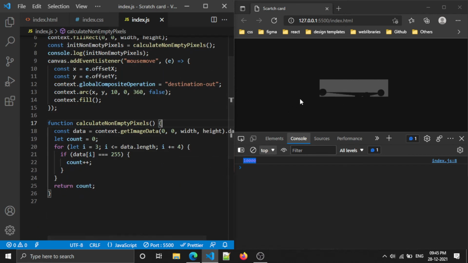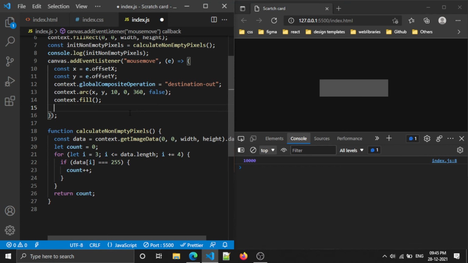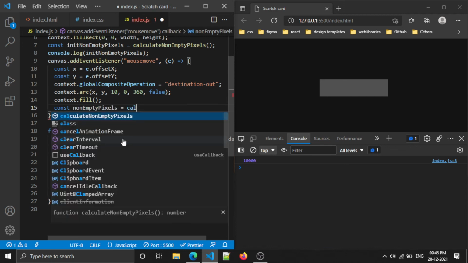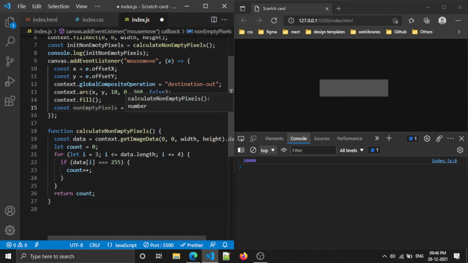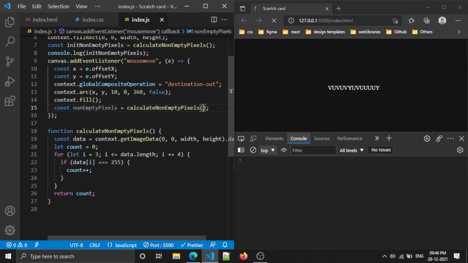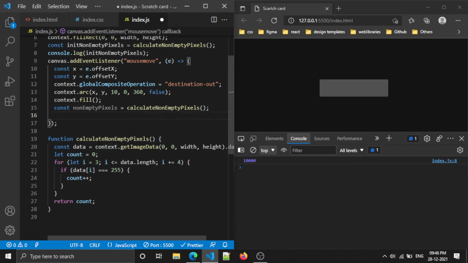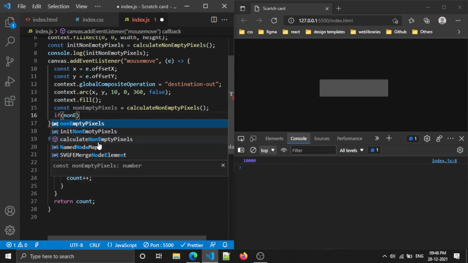Then based upon our wipe, we need to clear everything automatically, right? In order to do that, we need to call this function again inside our canvas. So here I'm having a variable non-empty pixel equal to calculate non-empty pixels. So this will tell you, on each and every mouse move, what the available pixels are. So if non-empty pixels